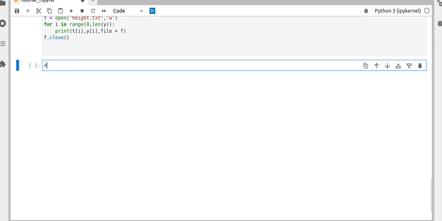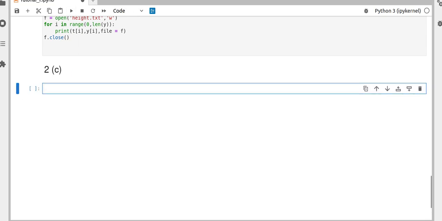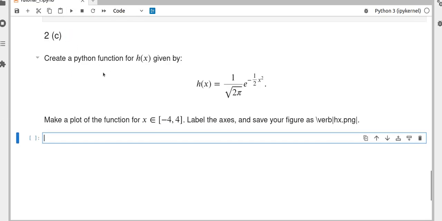So lastly, 2c. This is the last question, 2c, for today. I'll still give other tutorial questions. These are simple questions; this is the first time we're treating the tutorial questions. So 2c: create a Python function for h of x given by h of x equals 1 over square root of 2 pi times this. Then make a plot of the function for x in -4, 4. Label the axis and save your figure as